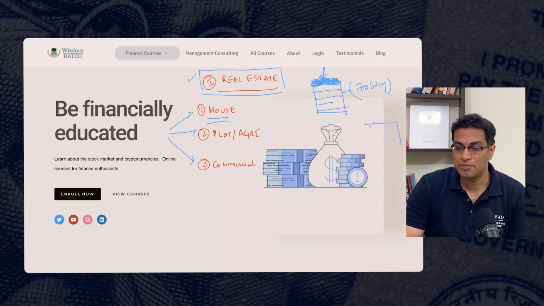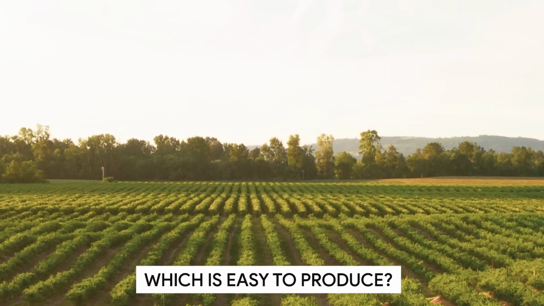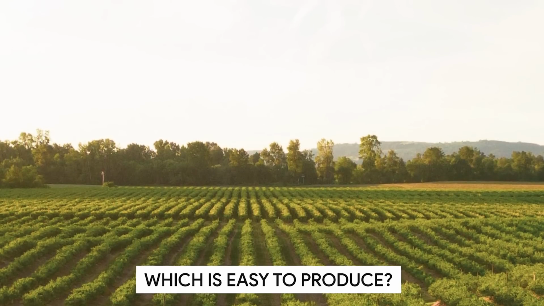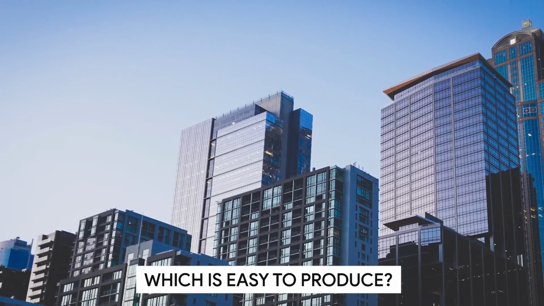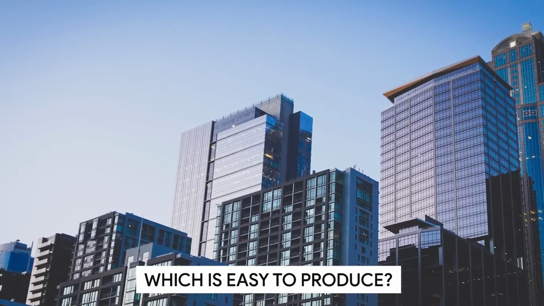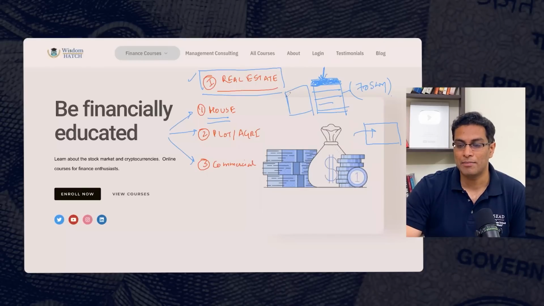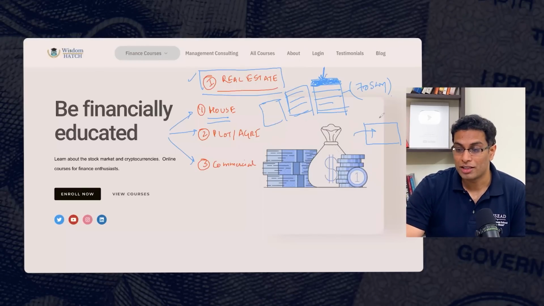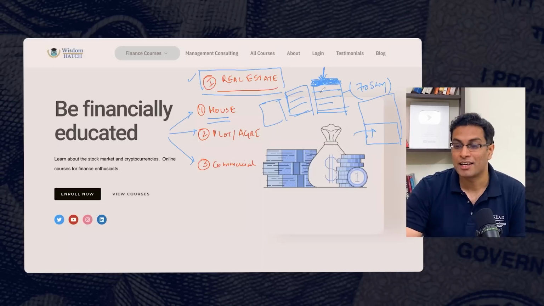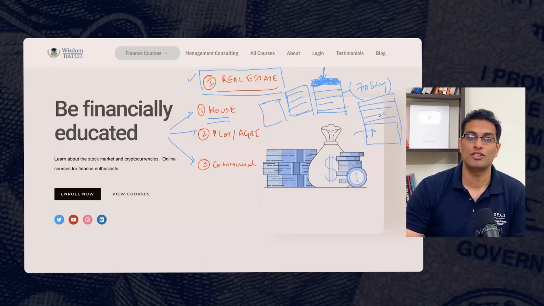Now compare this with owning an agricultural land. Now again, use that same framework. Number one, is agricultural land easy to produce? The answer is no, because there is a finite amount of that. Is an apartment easy to produce? The answer would be somewhat yes, because there can be another building that can be created. It can be a 50-story building. Another building can be created on this same piece of land. You yourself can create it, and then you can add 70 more units of supply.